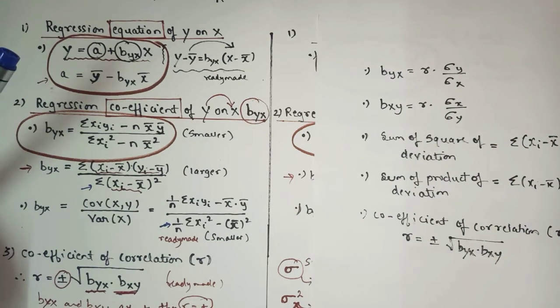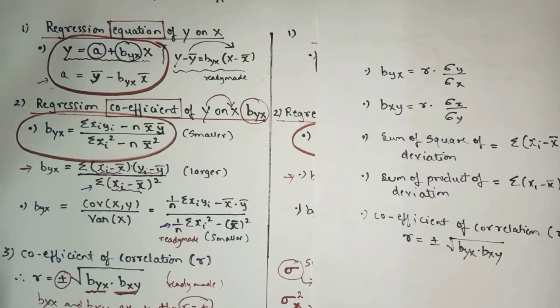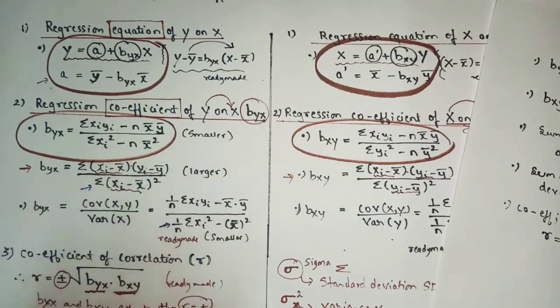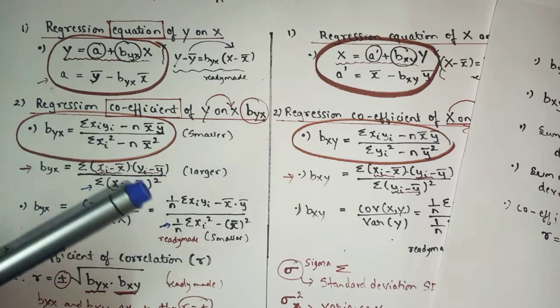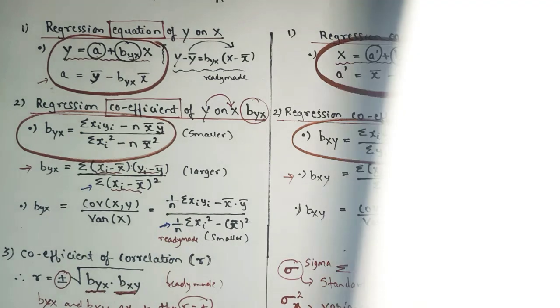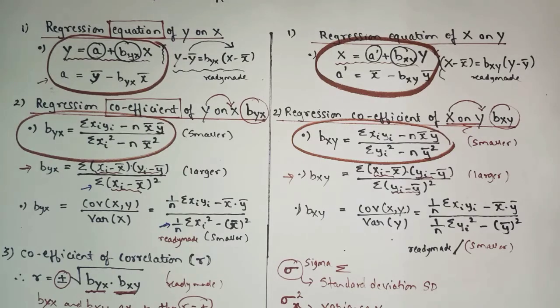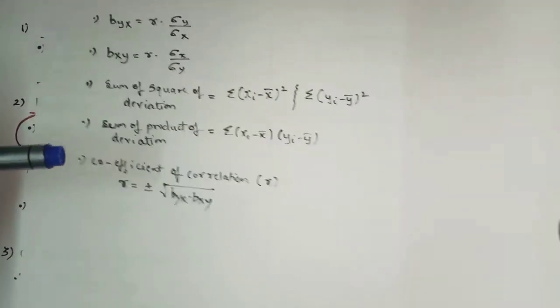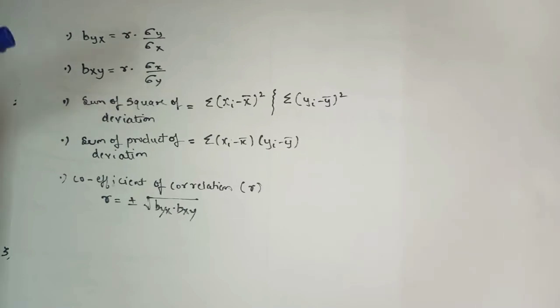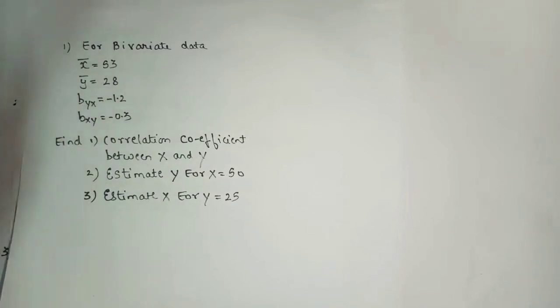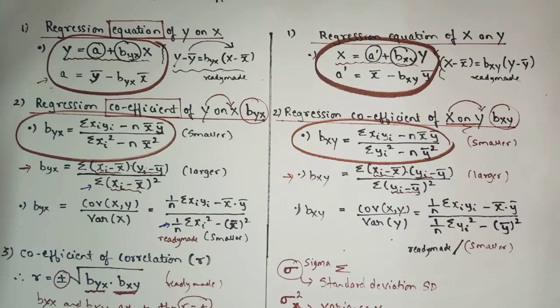Your challenging part is what? You have to guess the proper byx and bxy which will come. Okay, it all depends on the condition. It all depends on the values which are given in the question. So that is the challenging part here. You have to guess the proper byx to get the answer, and it all depends on the condition, the data which is given. From this you will come to know which formula will come.